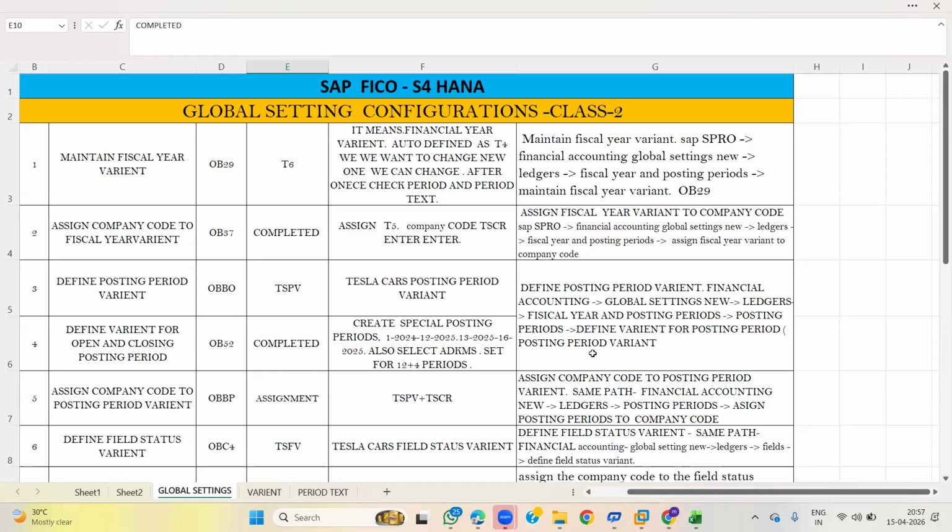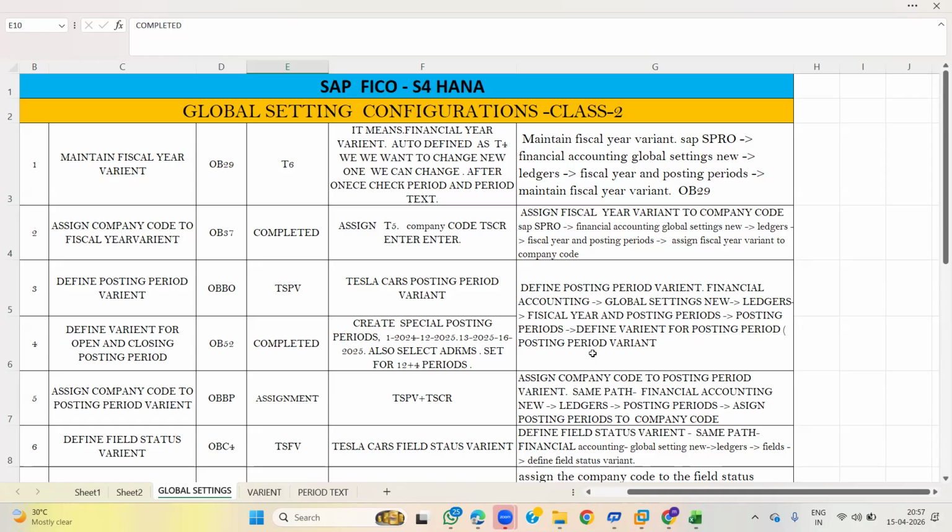A chart of accounts is nothing but a list of GL accounts together. There are three types of chart of accounts: operating chart of accounts, group chart of accounts, and country specific chart of accounts.